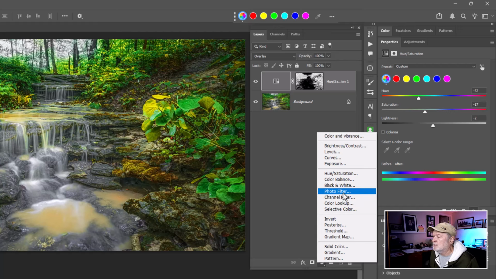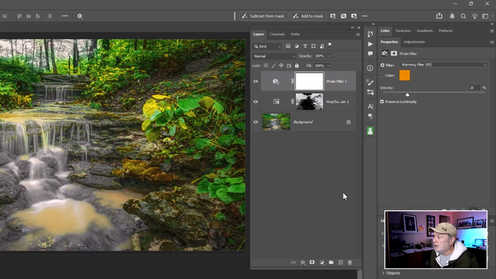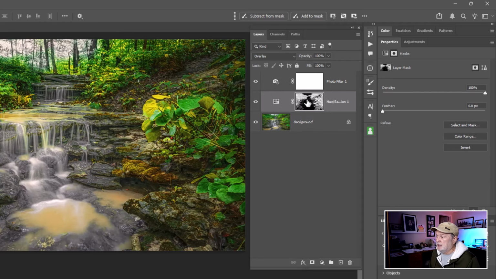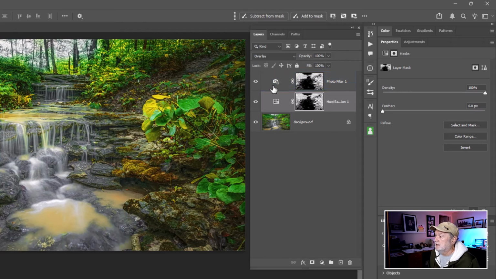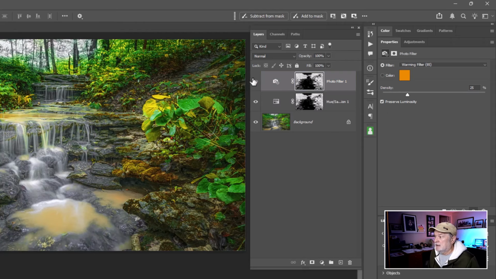let's just do a photo filter. And again, I'm going to grab the mask right here. Hold the Alt key down, click and drag, move it up. Yes, let's replace that. Now that I have this here, very subtle here on changing. I'm turning this on and off. I can be more aggressive on the default. It's a warming filter,